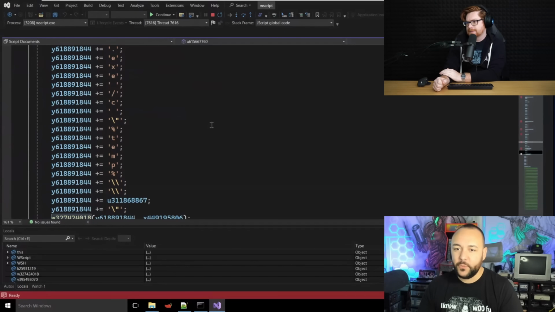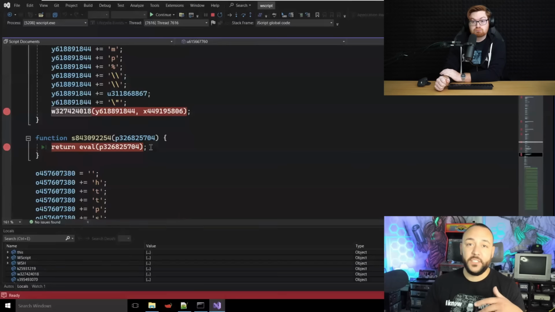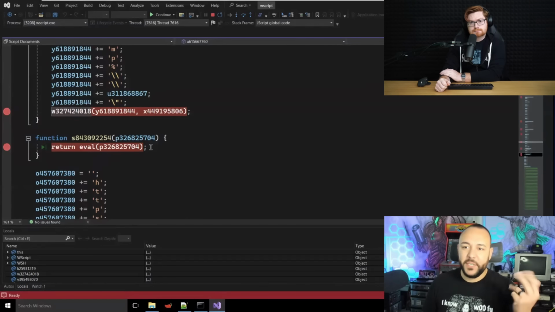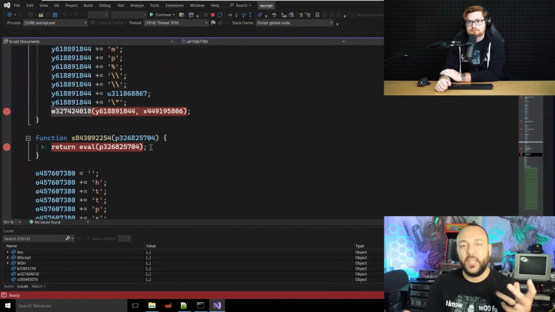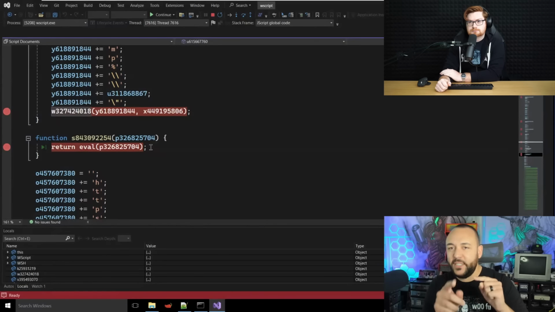Eventually we're going to hit an eval, and the eval is the most interesting thing. It's this line right here. The reason this is interesting is that in JavaScript, whenever you're trying to find out what the script is ultimately trying to do, you're probably going to find an eval that does that thing, because eval means run this scriptlet, this block of JavaScript code. So it's going to build out some code, passing through various functions to do cleanup and to make sure that ActiveX objects are instantiated.